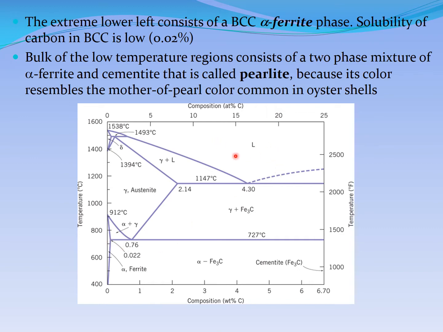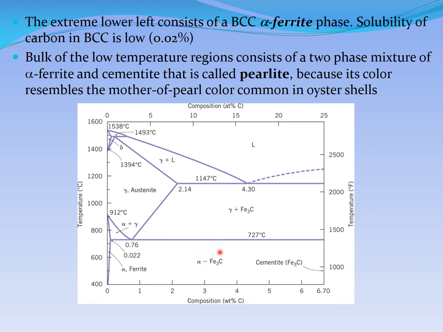If you now take anything, if it is liquid plus gamma plus cementite, alpha plus cementite, wherever you are, you cool from here, you cool from here, you cool from here. Ultimately, if you go below this 727 Celsius, then all of the remaining liquid or other phases will change into alpha and cementite. On your left is alpha, on your right is cementite. Cementite is iron carbide, right? And anything here is alpha plus cementite. So this is two solid phases together: alpha ferrite of iron and iron carbide.